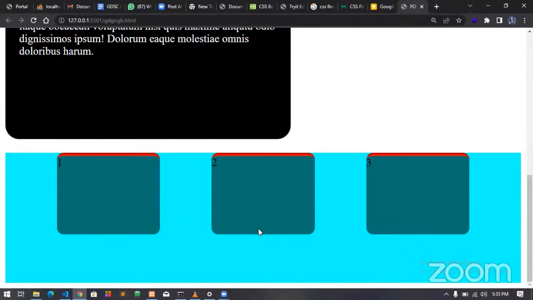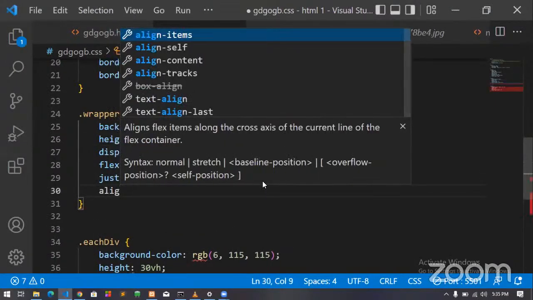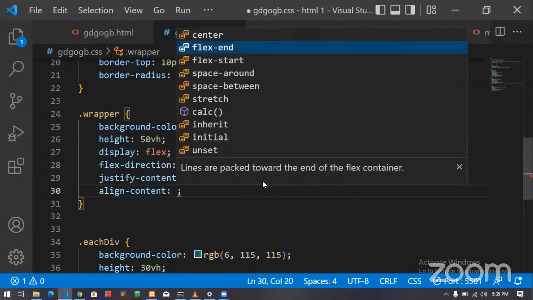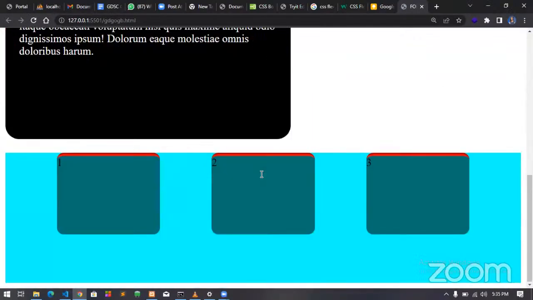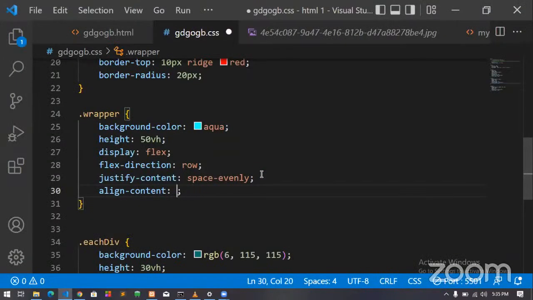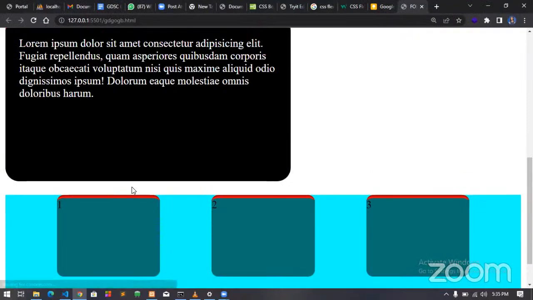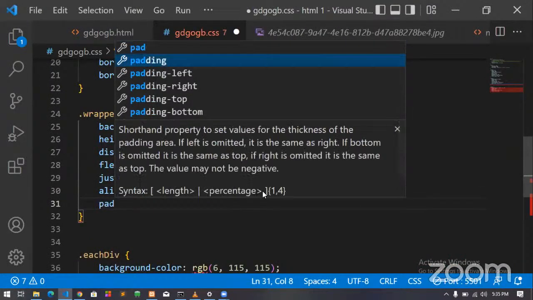If I want it to be at the middle vertically now, I'm actually going to use align item. I think align content now. Yeah, align content. Align it to, let's see, center. Oh, wow. That is not responding. Let's see space around. I think you want to say align items. Items, yeah. Still not working. Wow. This is a huge bug. Who is going to fix that for us?